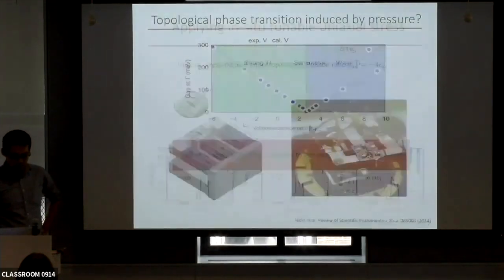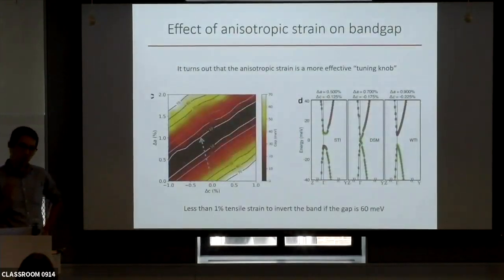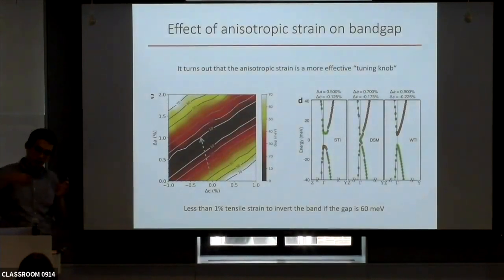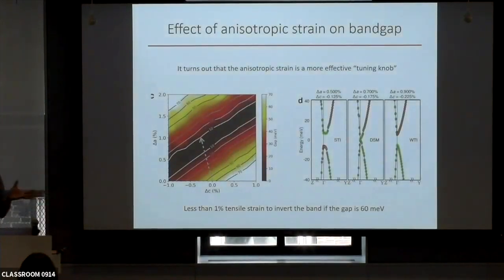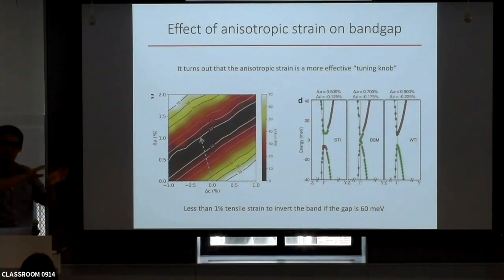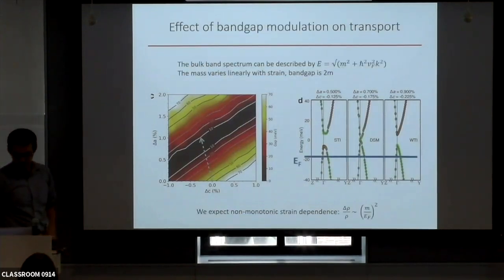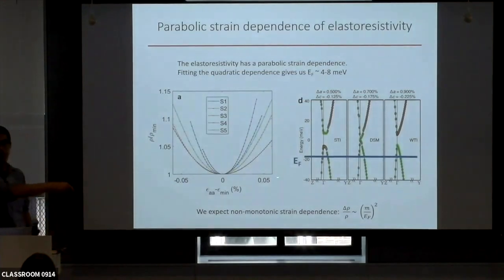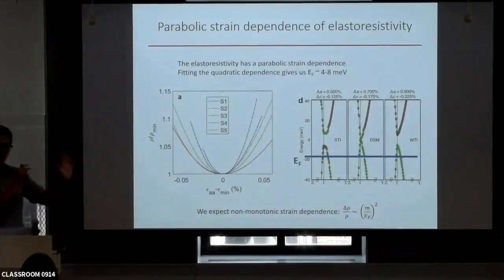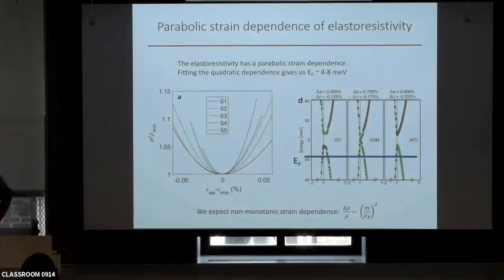This is actually not a symmetry breaking strain because the crystal is orthorhombic. So when we apply this anisotropic strain, it is still A1g. I see. So that's why this nonlinear elastoresistance is very striking. Yeah, you shouldn't expect any nonlinear response. Okay, I missed that. Okay, cool.